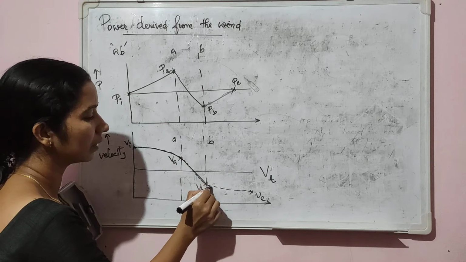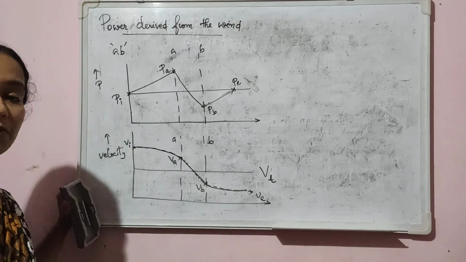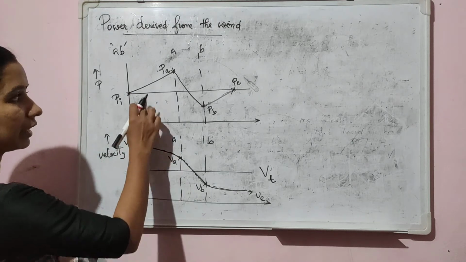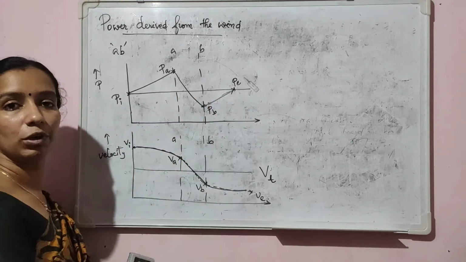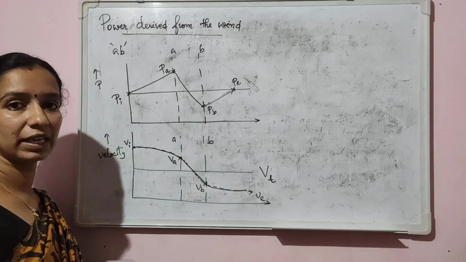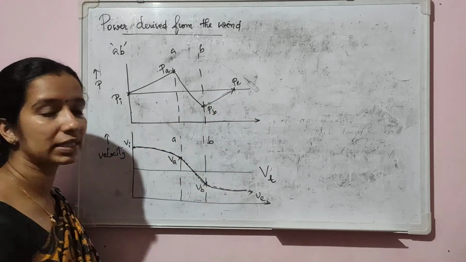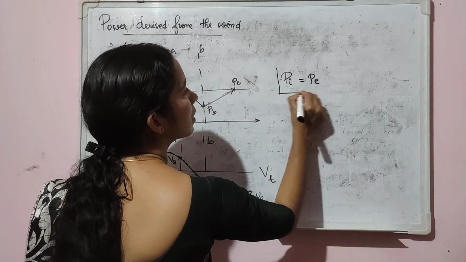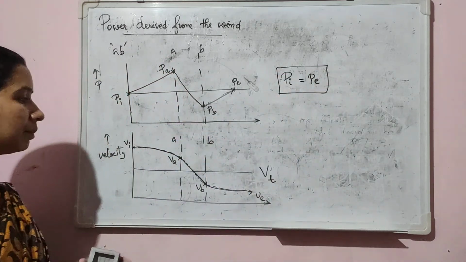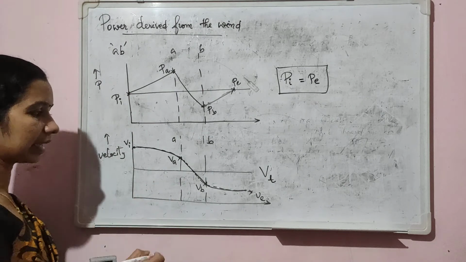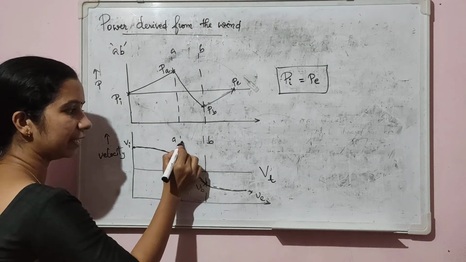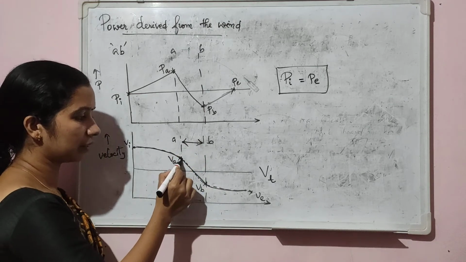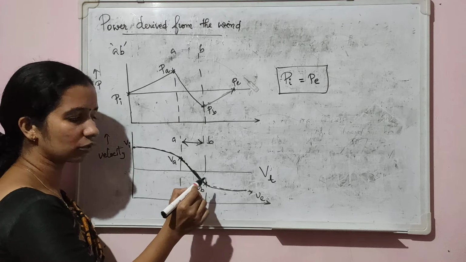So this is the graph showing the variation of wind velocity. By analyzing this graph, we can see that Pi is equal to Pe. The pressure of air at the incoming side as well as the exit side are the same. Pi is equal to Pe. This is one assumption. And from this graph, we can say that the thickness of the turbine wheel AB is very small. So this variation in velocity is also very small.